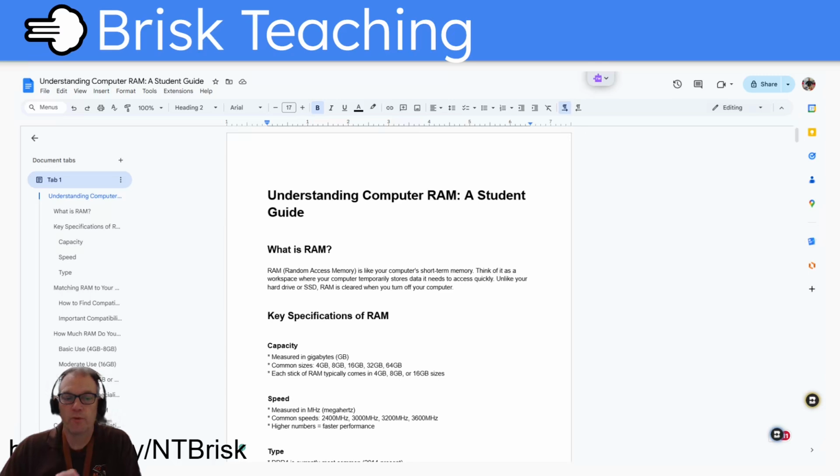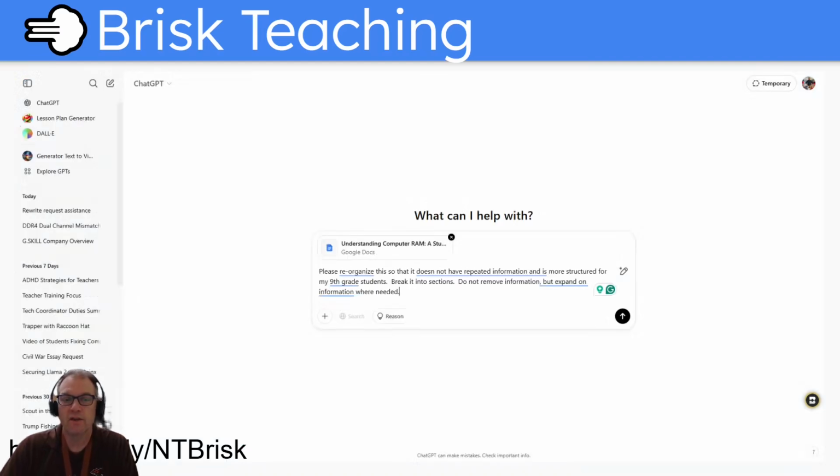But here's the thing, and this is where I jumped AIs. Brisk added more information at the bottom instead of rewriting the whole thing, which made it really hard to read. So I took this whole thing that Brisk made and linked it into ChatGPT, because with ChatGPT you can link another document. So I linked it to that document in Google Docs, and I said,